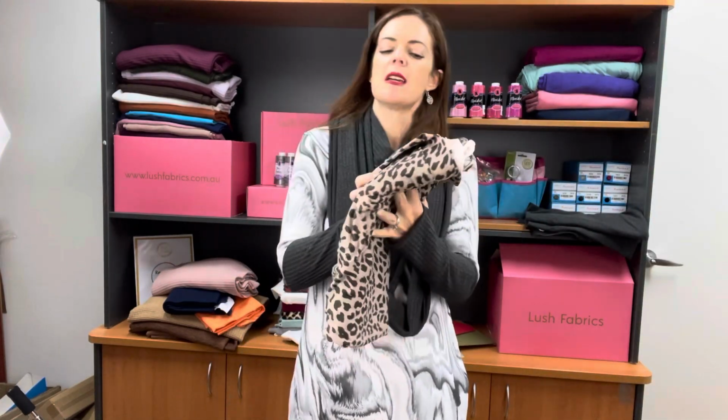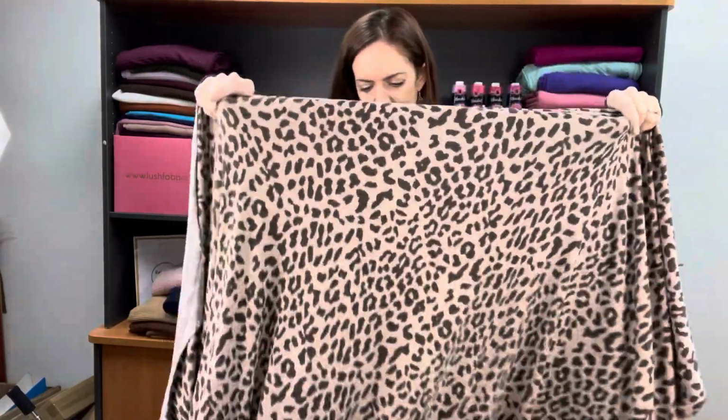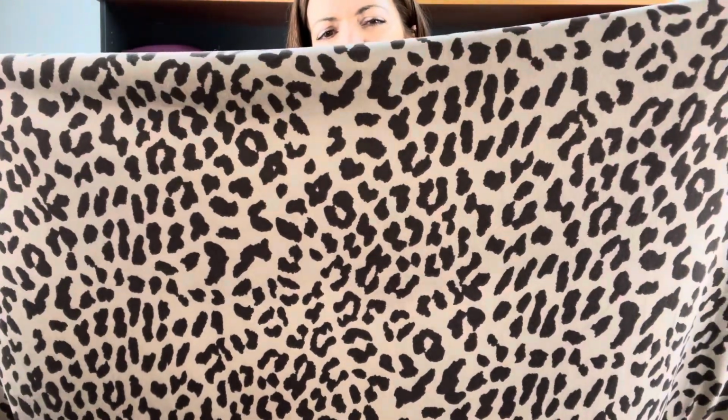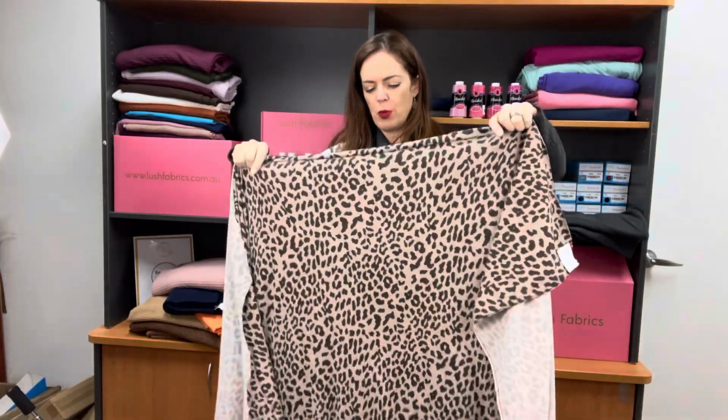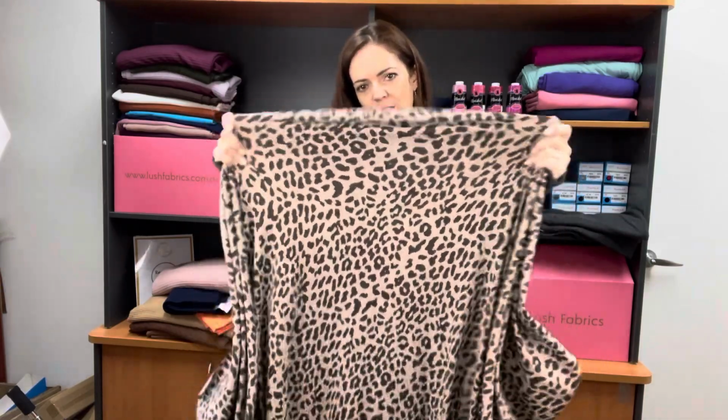Okay, so peach and charcoal tie-dye, double brushed poly. Now this next one, I just love. Again, I'm not sure the colours are for me, but I think the colours are gorgeous. Me, who doesn't like brown, is very attracted to brown these days. The beautiful warm tones are just gorgeous. It's like a taupey colour in the back, and then a brown animal print. I love it. Endangered in Torp, we've called it. It's gorgeous. So double brush poly again, so soft, beautiful to the touch, great stretch,